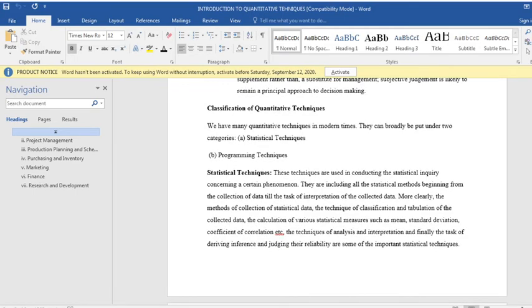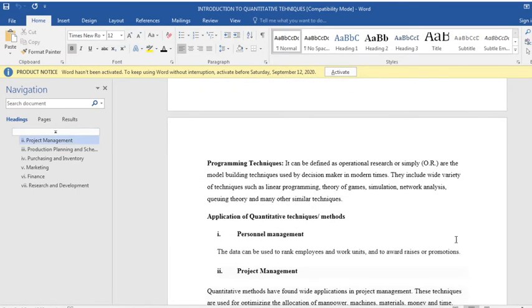We also have the other aspect, which is the programming techniques, which are actually models used for decision making, as opposed to the statistical where it involves correcting of data and all that. This one actually, they are just there, they are already there, and they are actually used. Those particular models are applied in the work environment, and the decision that was supposed to be made is actually